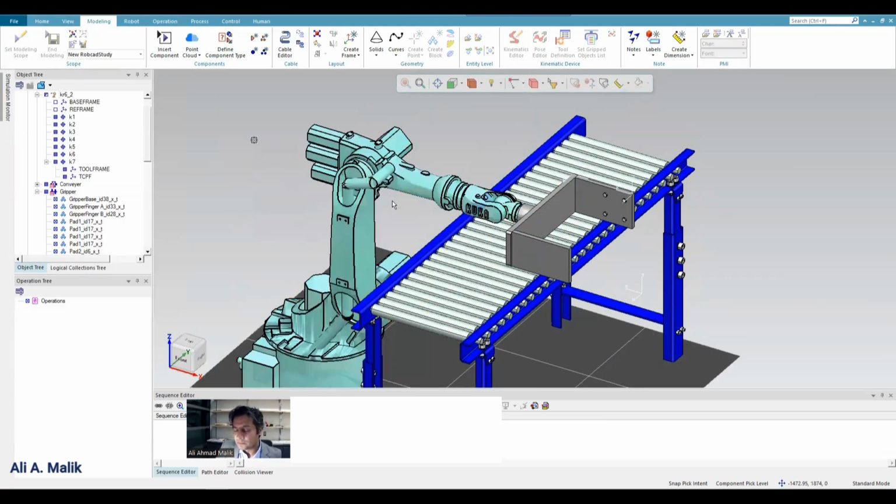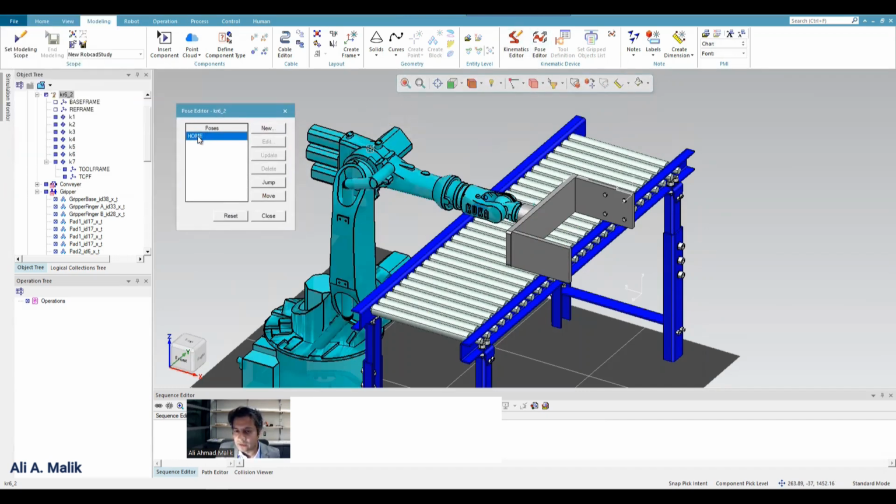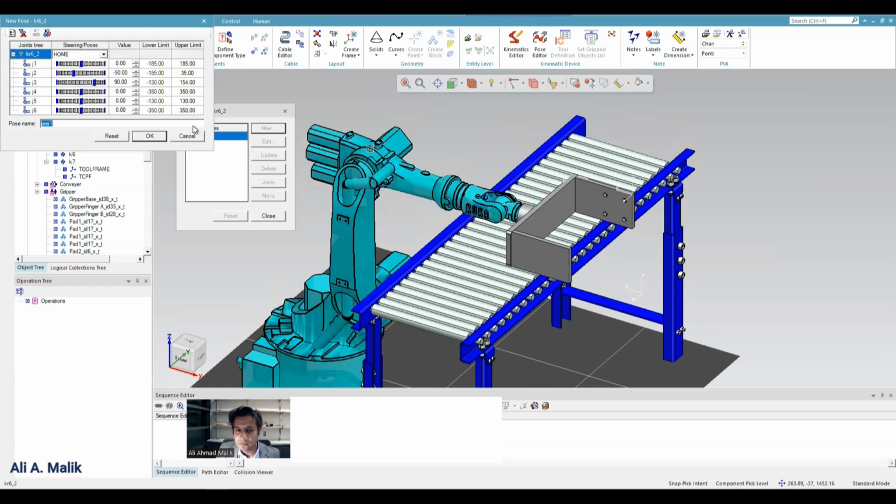Okay, then an important thing is poses for the robot or poses for the gripper. If you click the robot and go to modeling, pose editor, you can see that there is only one pose for now. And whenever you double click on home, it will go to this default position. Whenever you are working with robots, you will always see that there is a default home position for your component or for your robot. You can define new poses as well. So for now, I am